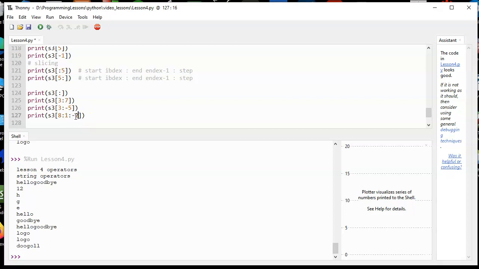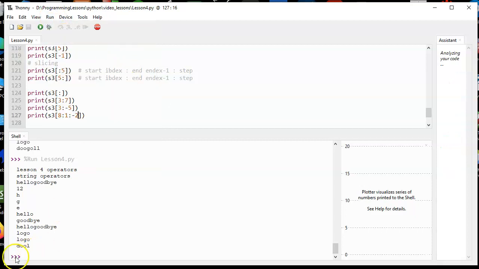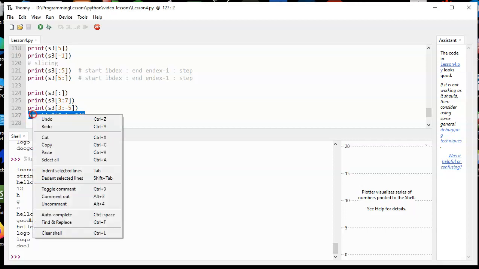So Python's a lot of fun. Oh, I got the logo. Okay, and then the step also works for the positives as well. So we can try a positive one,